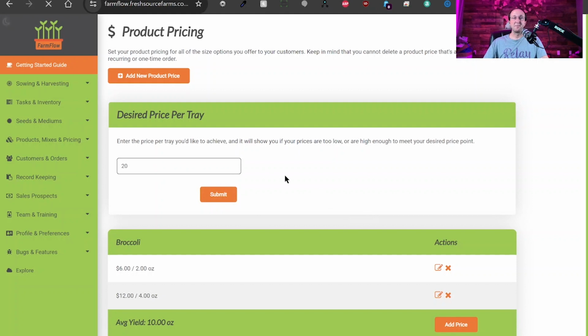I can hit submit, and it's going to tell me either with a green up arrow or a red down arrow if my pricing is set high enough to get the amount of money that I want per tray. So in this case, it's telling me all I need to do is charge $4. My price is good. All I need to do is charge $8. My price is good. So I know my pricing is good enough to meet $20 per tray, and that's based